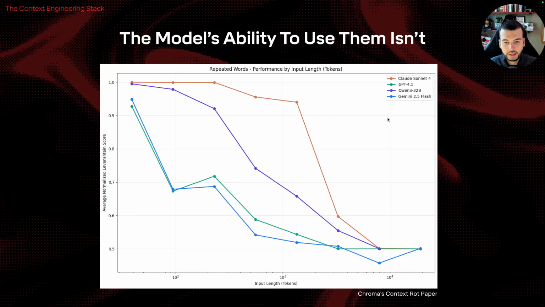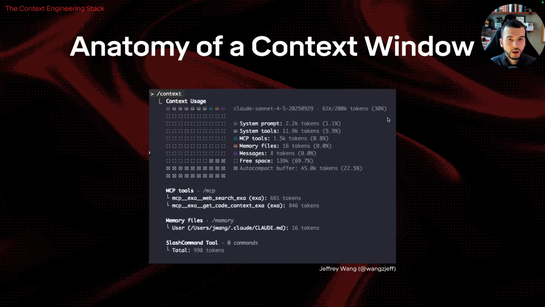So by having bad tokens, or tokens that are not as useful, you're actually having a big impact on the quality of the model. And so this is why context engineering is becoming so interesting to people, because it helps limit some of these issues. If you look at a context window, so this is from the Claude Code UI,